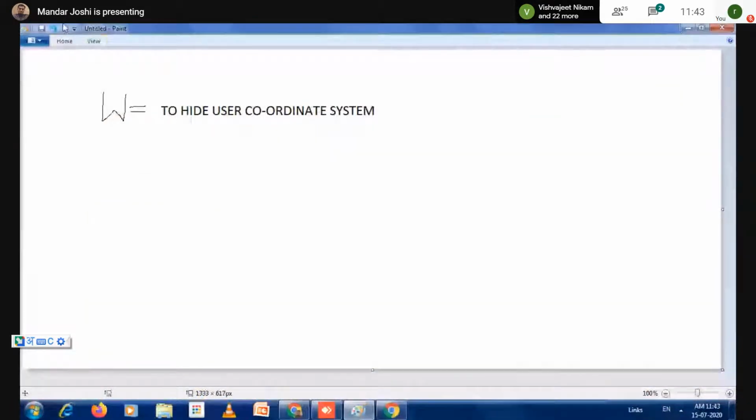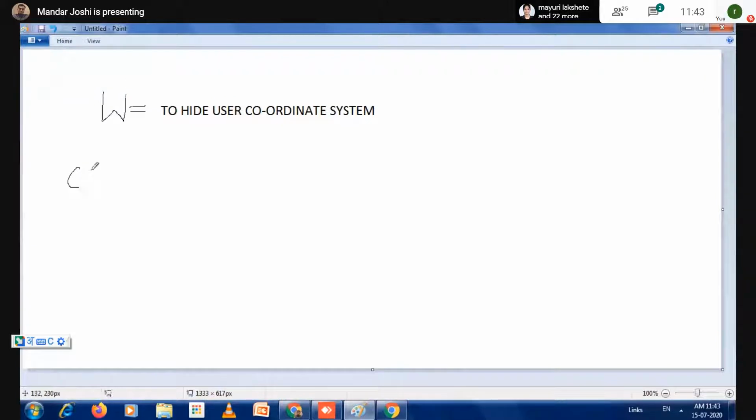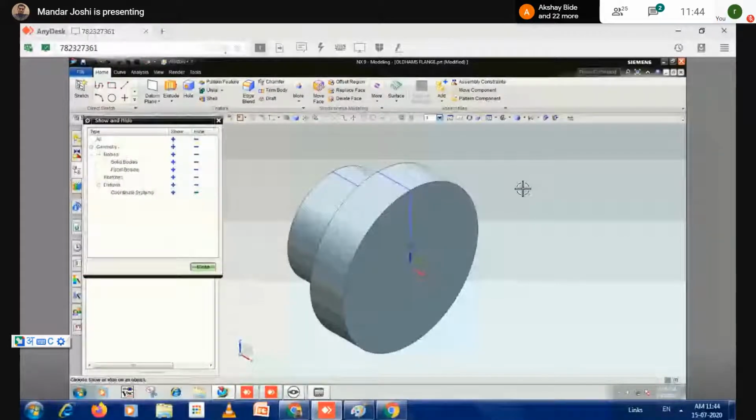Write it down: Control plus W. What is the Control plus W? Once you press that, it will show the hide and show options.